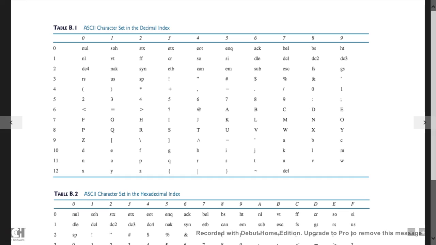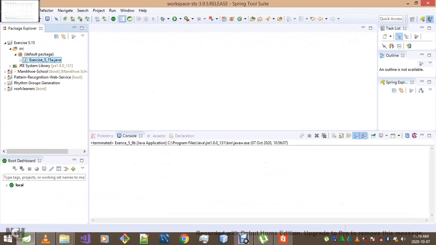However, the way we read our table, we simply read the row number and the column number. So the row number is 12 and the column number is 6. So the corresponding decimal number for this character is 126. Okay, so